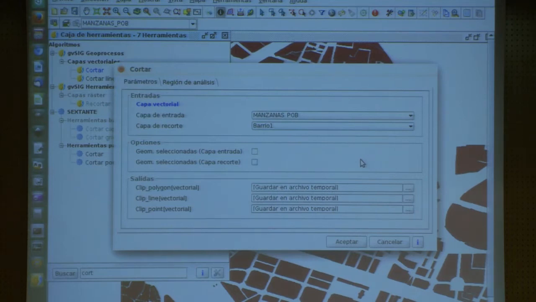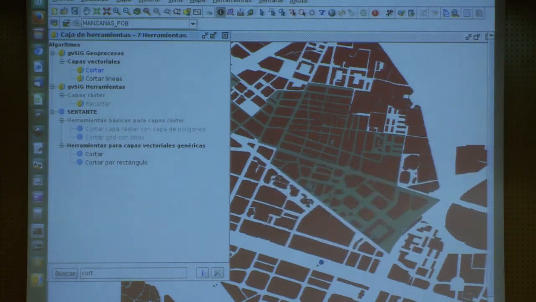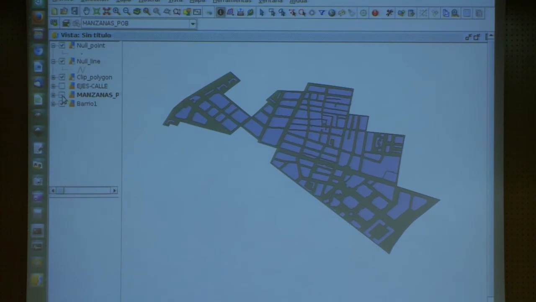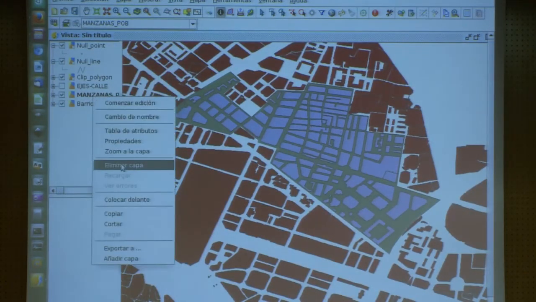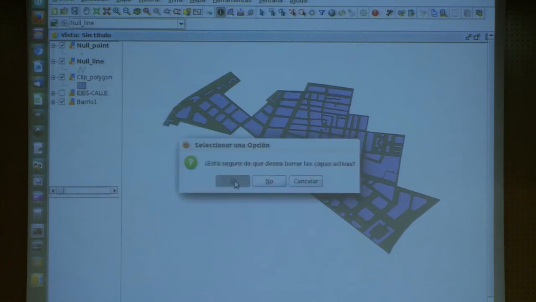When we work with geoprocesses, sometimes we have different geoprocesses. So then you are doing all the intermediate geoprocesses, and then you export that with the final processor. Then we say OK, and it is cutting all the blocks in the city of Valencia. And if everything went all right, we will have a good result. Do you see that now? Now we have our blocks, and I can upload this layer, and those are empty, and they say no because